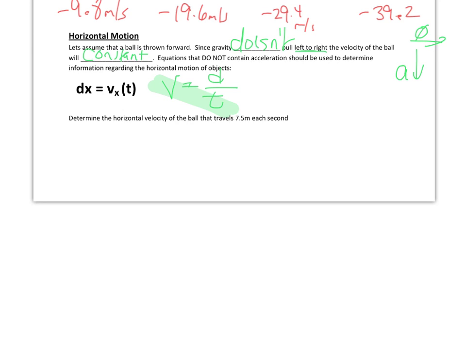Determine the horizontal velocity of a ball that travels 7.5 meters each second. So 7.5 meters, that would be my distance. Each second, so every 1 second, that object is going to travel roughly 7.5 meters. So the velocity of my object would be 7.5 divided by 1, or 7.5 meters per second. So if I travel 7.5 meters each second, then if my velocity remains 7.5,